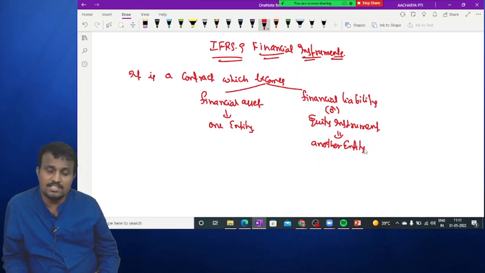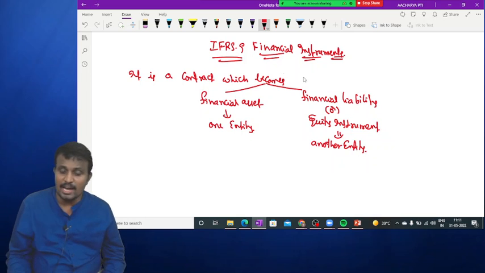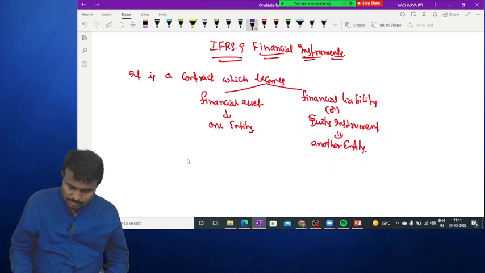So it becomes an asset to one person and a liability to another person. For example,